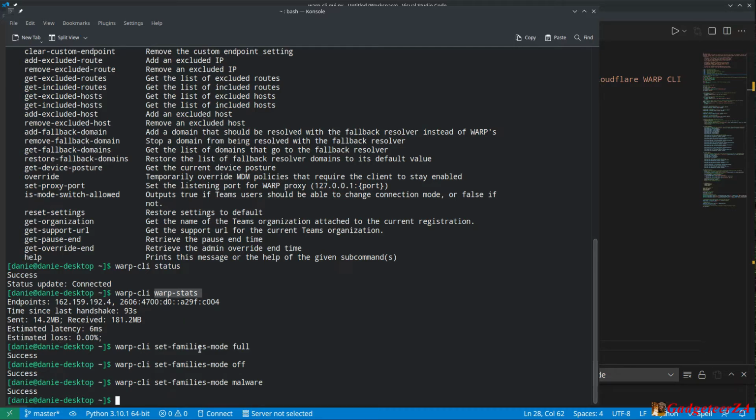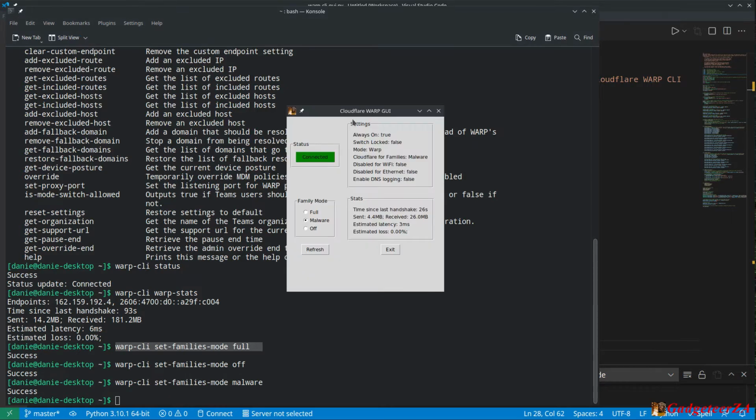And if you want to adjust the family mode, which basically sets certain filtering to filter malware or pornography or whatever the case is, you can have it full family mode, you can have it off, or you can have it set to malware. But the point is that you must type this in every time. So if you want to make odd little quick changes or check something, then as I said, you've got to really go to the command line to do it. So I thought, well, you know what, why not really? It might be quite handy then to write something like this.